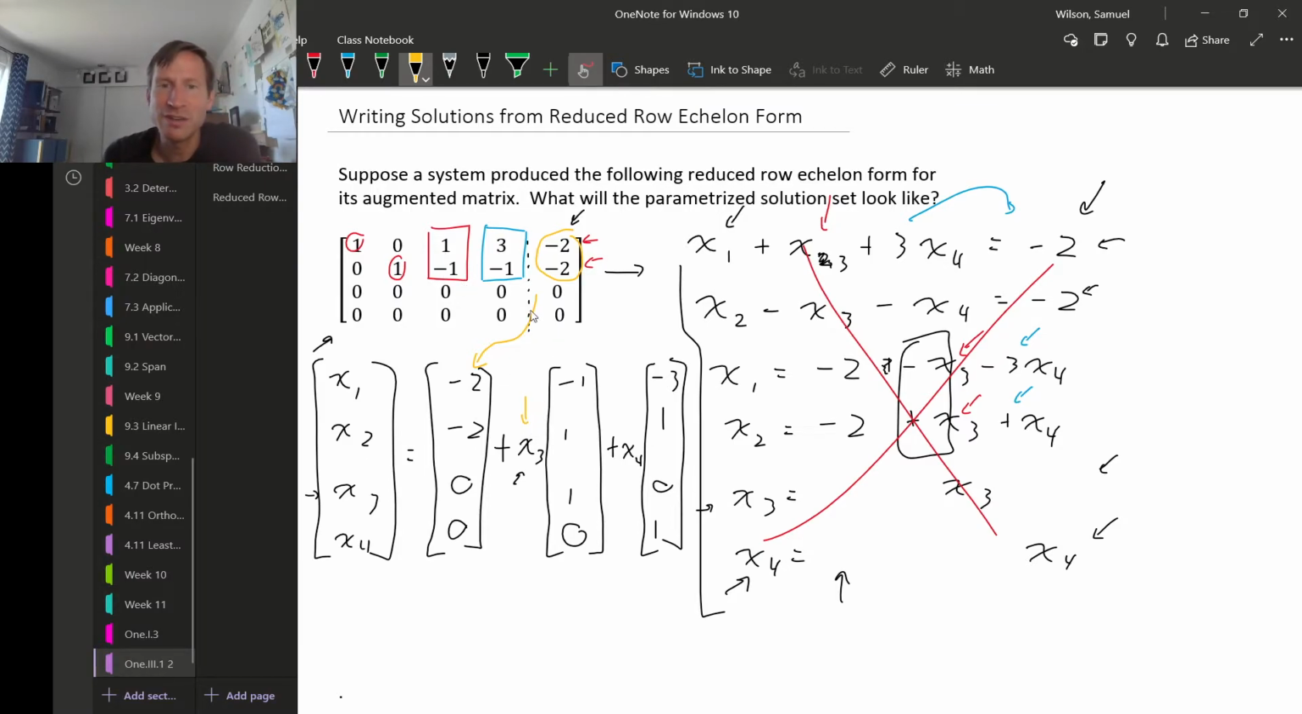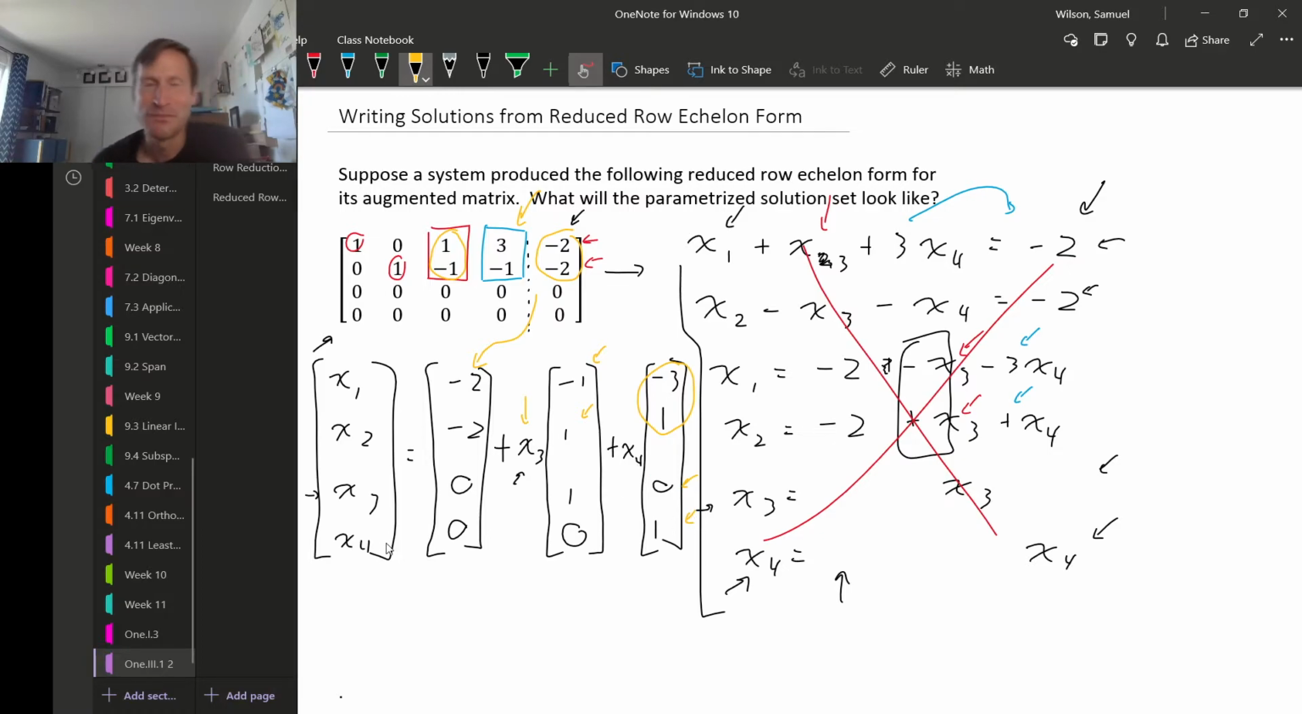free variable times the negative of the entries from that column. That's for the non-free variables. For the free variables, you get a 1 corresponding to the free variable for the term you're on, and a 0 for all the other free variables. And then same thing here, right? These two entries are coming from here, except they're negatives because we had to move them over. And then here we get a 0 because x4 is not x3, and here we get a 1 because x4